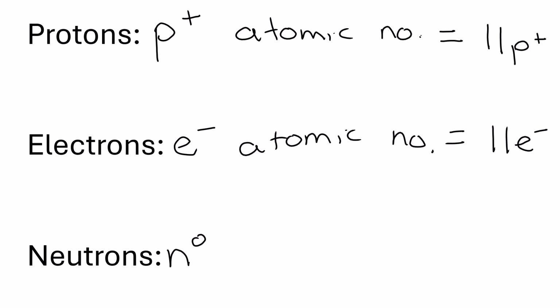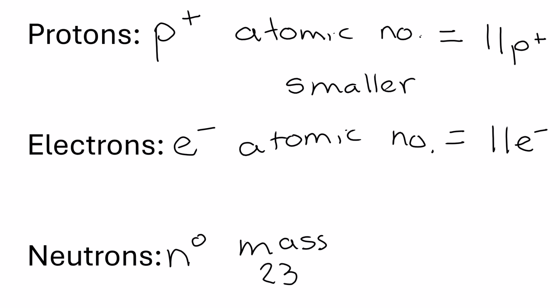These two numbers are always going to be the same when you're drawing the atoms in grade 8 and 9. Only in grade 10, 11, and 12 do we start talking about the electrons changing, but in grade 8 and 9, these two numbers are going to be the same. And they always equal the smaller number on the periodic table, and they will equal each other, okay? Neutrons, slightly different. For the neutrons, you have to take the atomic mass, okay, which is 23 for sodium, and you need to minus the atomic number, which for sodium is 11. So 23 minus 11 is equal to 12 neutrons.